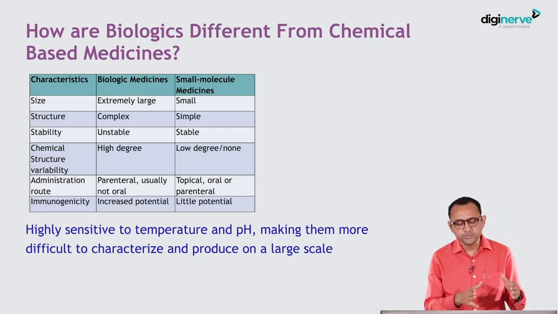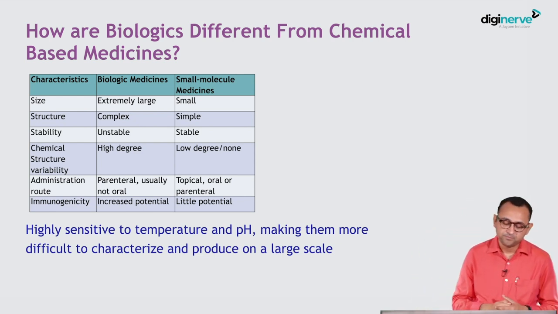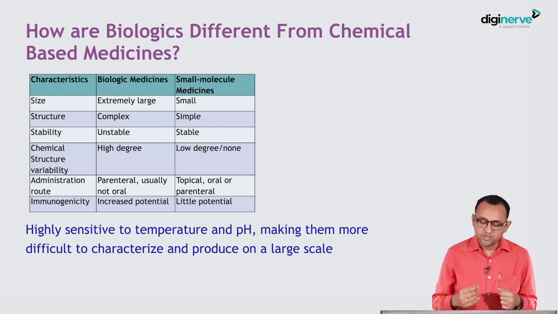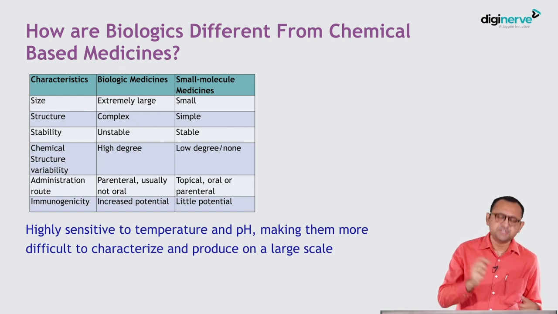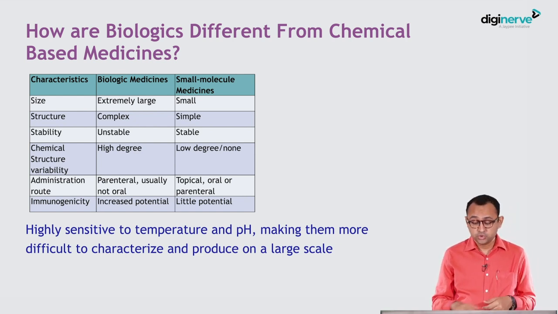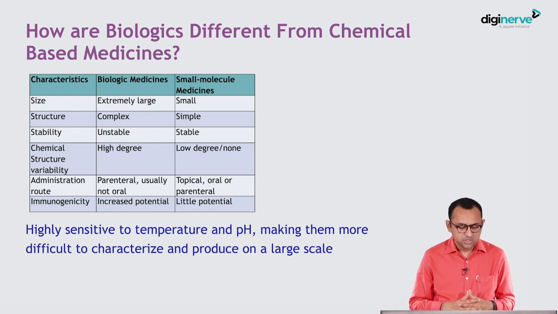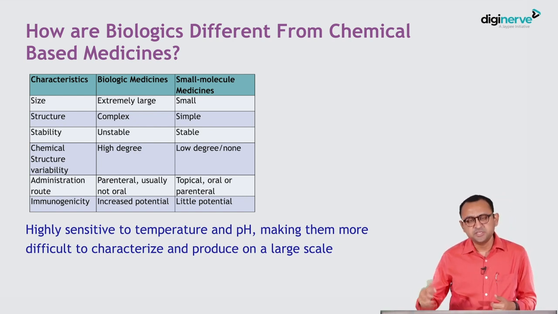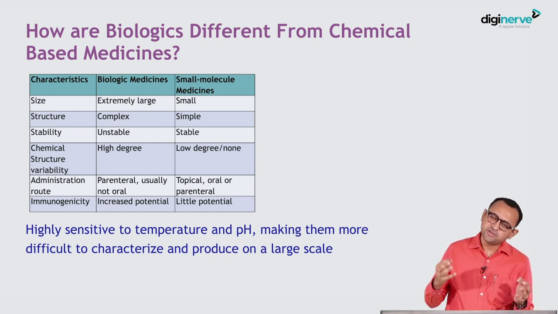So the difference is that biologic medicines are extremely large, whereas small molecules, as the name suggests, are very small. The structure is complex in biologics, and with increasing size we get more complex biologics, whereas small molecule medicines are very simple in nature. Biologics are not that stable; they are highly sensitive to temperature and pH. That makes them more difficult to characterize and produce on a large scale. There is also a high degree of chemical structure variability, whereas stability favors small molecule medicines, which have a very low degree of